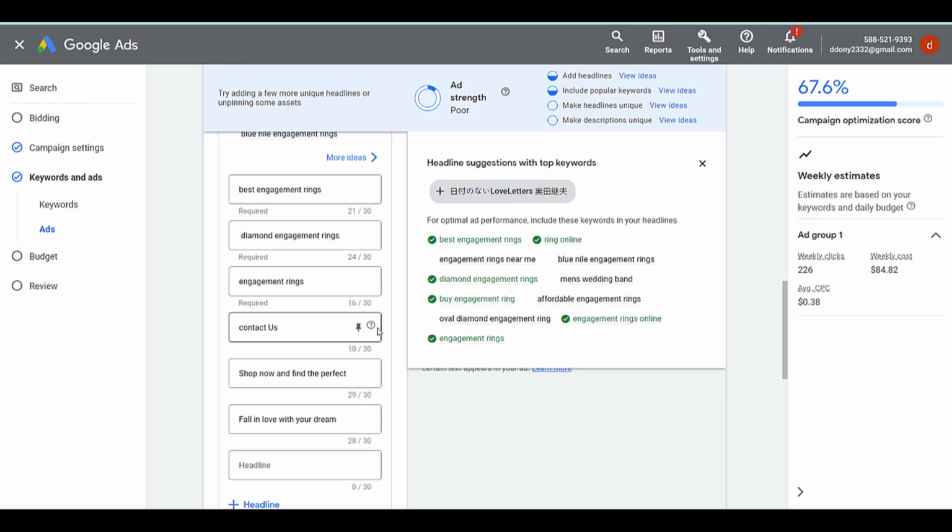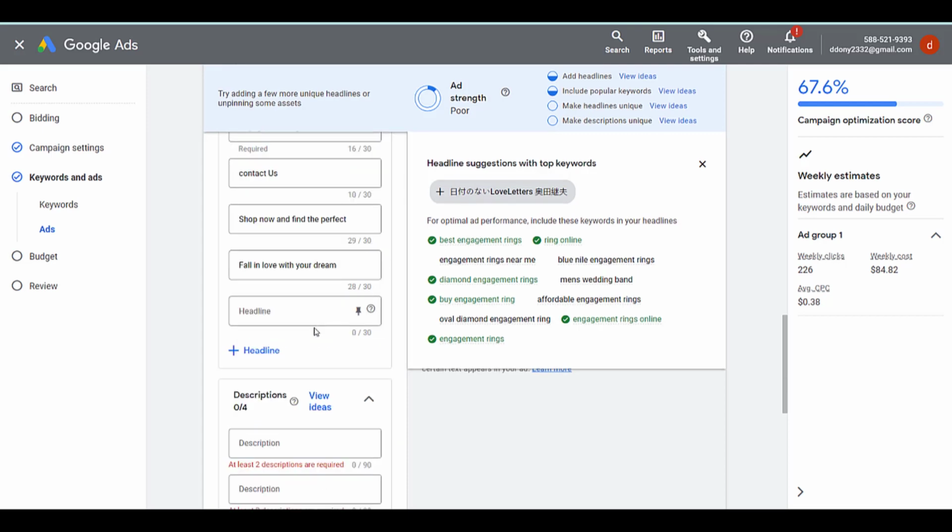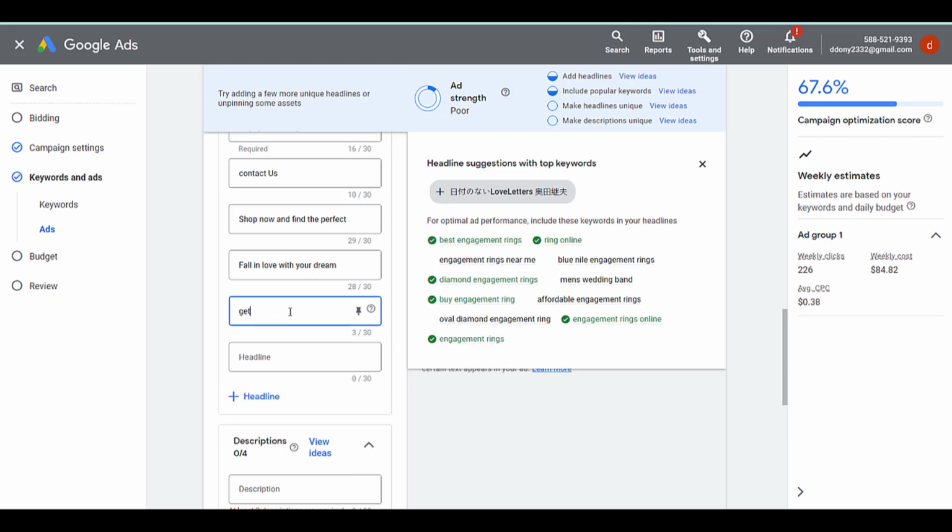What I like doing here is adding a whole bunch of calls to action, like get a free quote now, and let them know what's going to happen after they actually click on your ad.